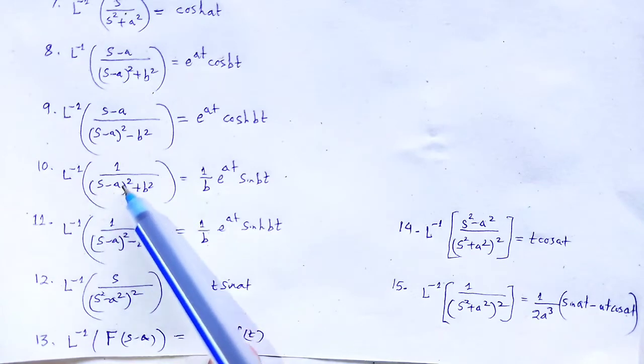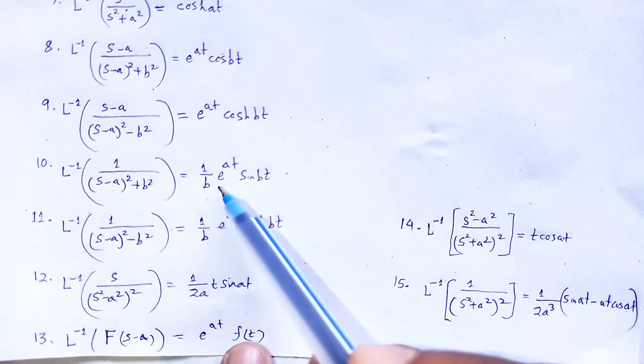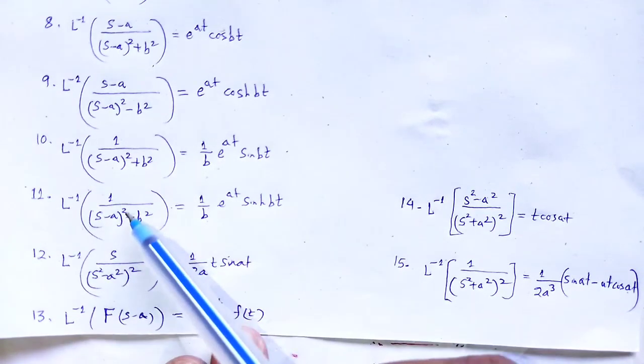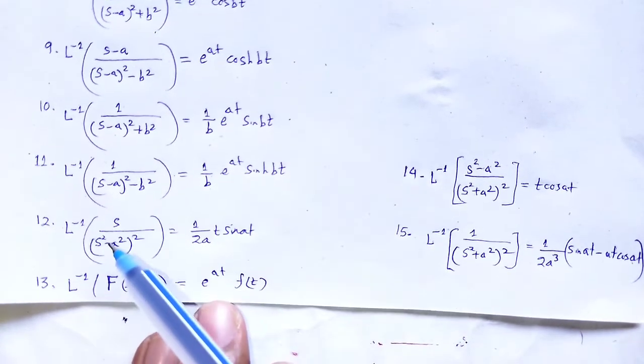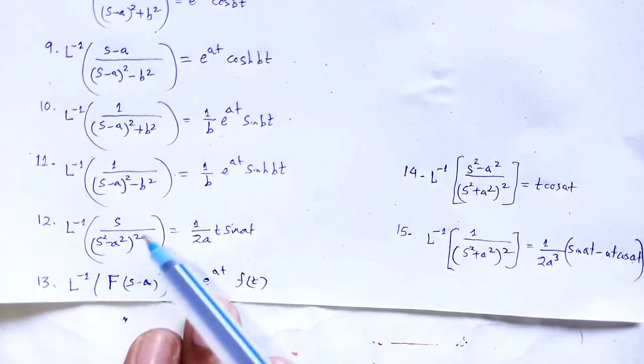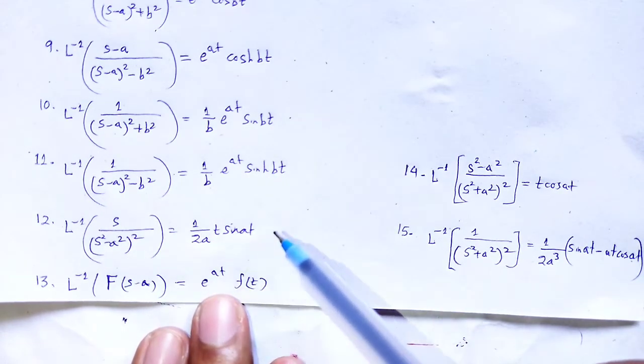and 1 divided by (s minus a) square plus b square has inverse Laplace transform 1 by b e to the power at sin bt, and 1 divided by (s minus a) square minus b square is equal to 1 by b e to the power at sinh bt. The inverse Laplace transform of the function s divided by (s square minus a square) whole square is equal to 1 by 2a t sin at,